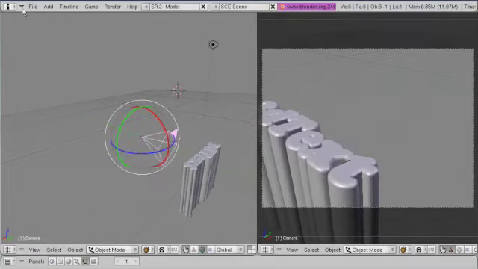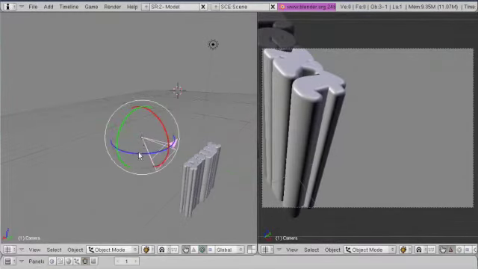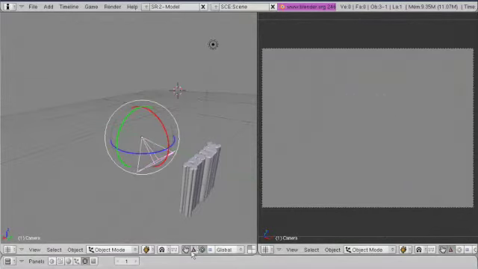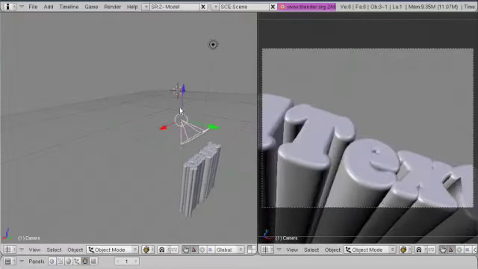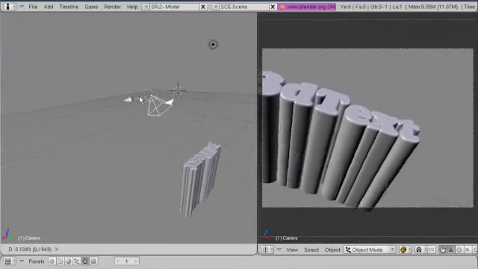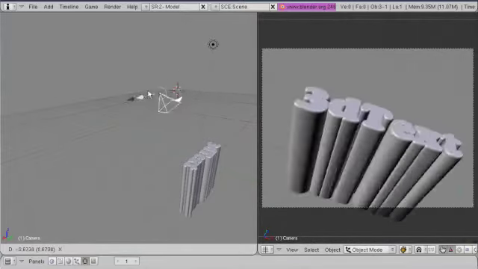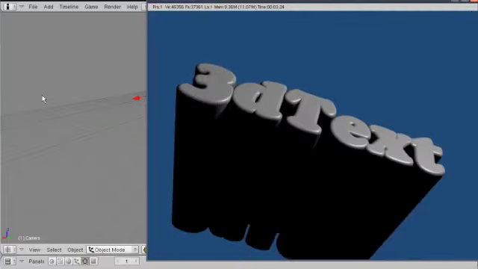So I'm going to undo that, and I'm going to rotate this the way that I want to rotate it, which is like this. And then we can switch back to our other mode and move our camera over and move it up a little bit and back. And so now we're starting to see our text like we kind of want to, because maybe we'll do a little flyby or something like that. But at least now when we hit preview, it's going to pull up that text and it's going to look